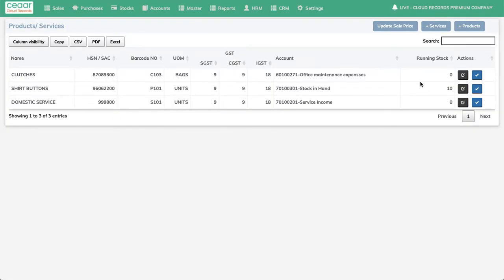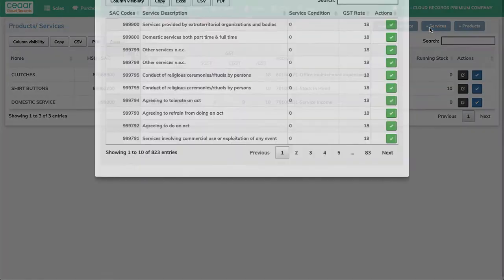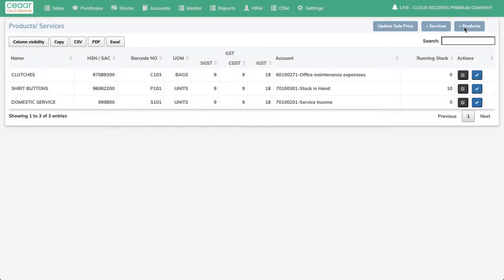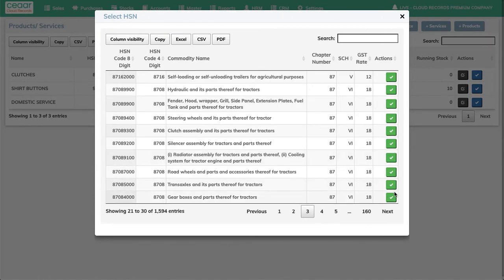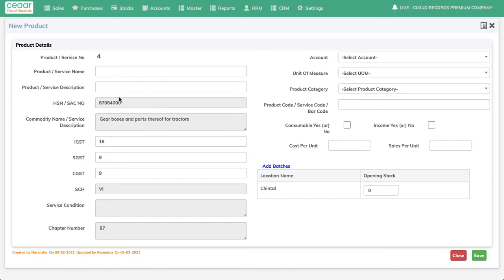Now we have another product. So it is consumable. So again, in the edit, we can make changes to product description, the GST rates, the count, unit of measure, product category if it is there. Now let us see the services. Sorry, I'll show you under the products the third one, the service income.